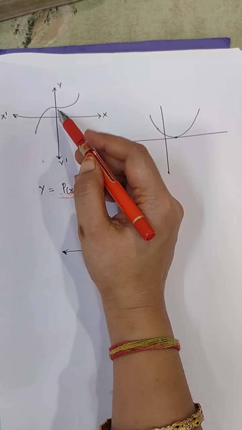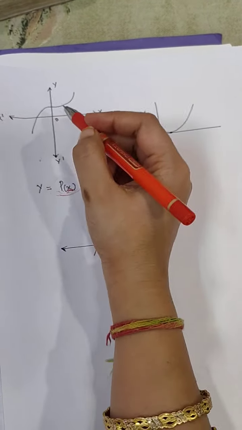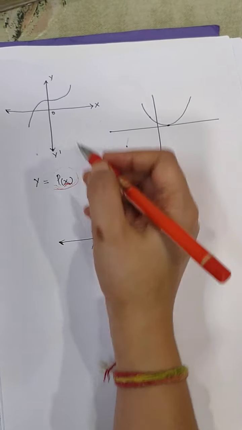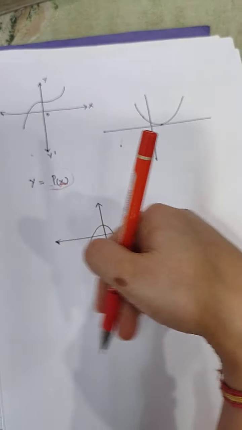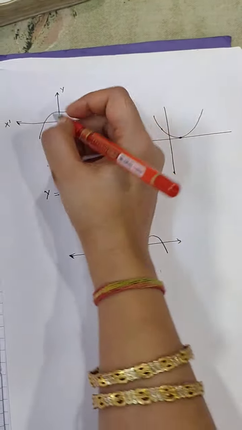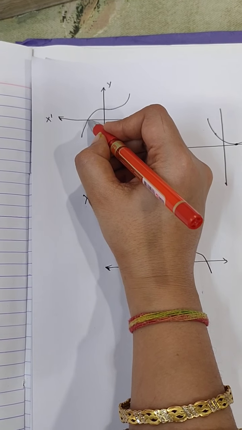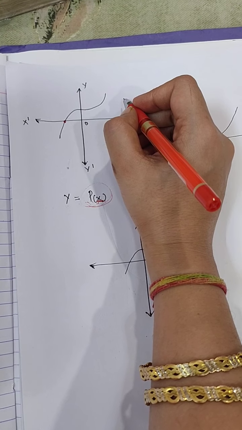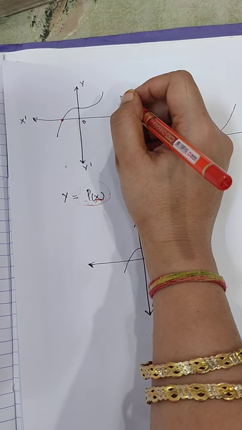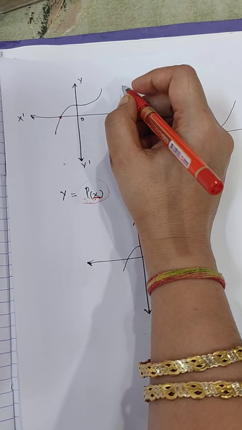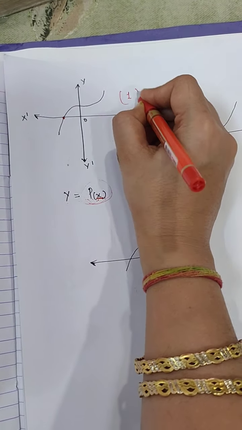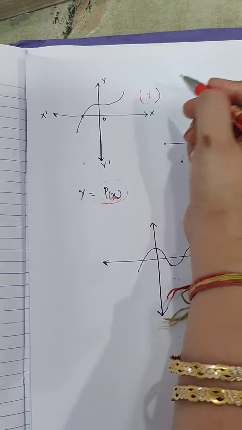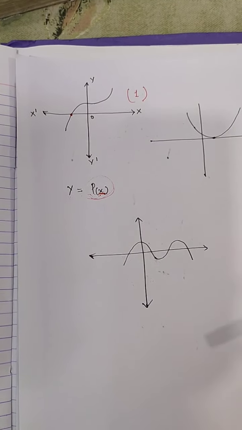So you come to the first one. Because they are asking for p(x), it means the zeros of these polynomials which have only x as the variable. This is because these all are graphs of y is equal to p(x). So you can see this graph is intersecting the x-axis at only one point. So in this question the number of zeros is 1. What is the answer? 1. The number of zeros is 1 because this graph is intersecting the x-axis at one point only.